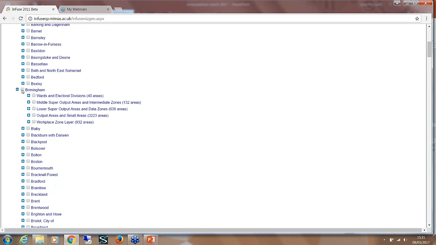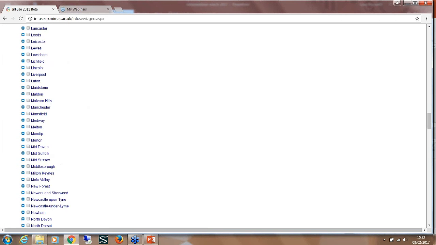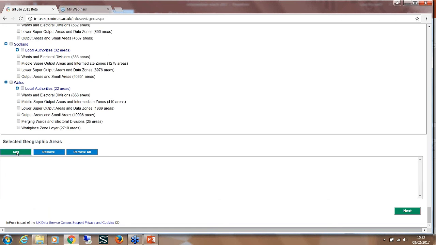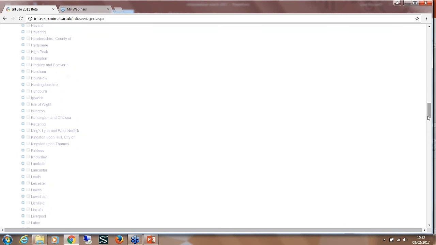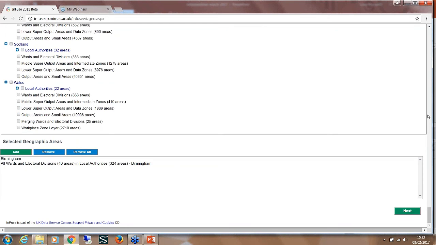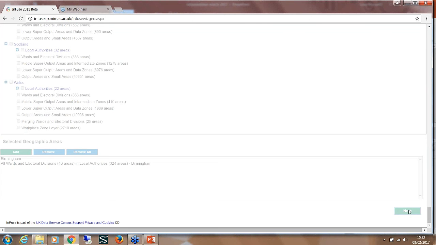And so if we tick Birmingham, we'll get a figure for Birmingham, and if we tick wards and electoral divisions, so there's 40 wards in Birmingham basically. We tick that, and then if we scroll down, right to the bottom, click Add, we should see a preview of what we've just selected. Again, click Next,